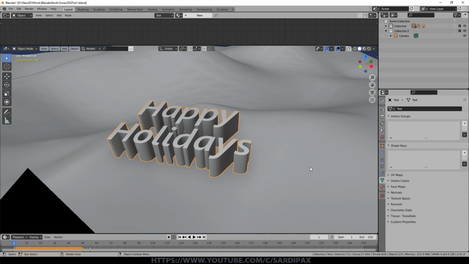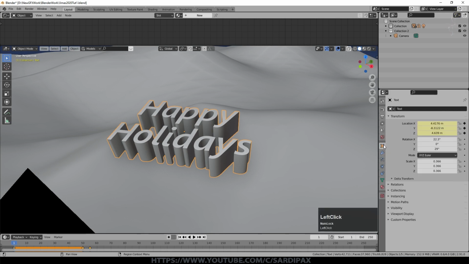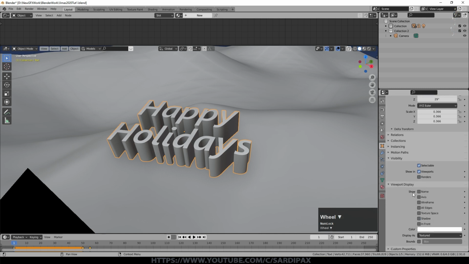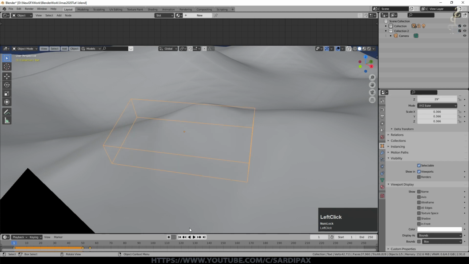And to help me see what's going on with the ground, I'm going to click here, Object Properties. Under Visibility, I'm going to turn it off in the render, and under Viewport Display, I'm going to turn off Shadow, and we'll say Display as Bounding Box. So all we can see now is that there's a little box there, and then at some point that box moves slightly. So that's good.